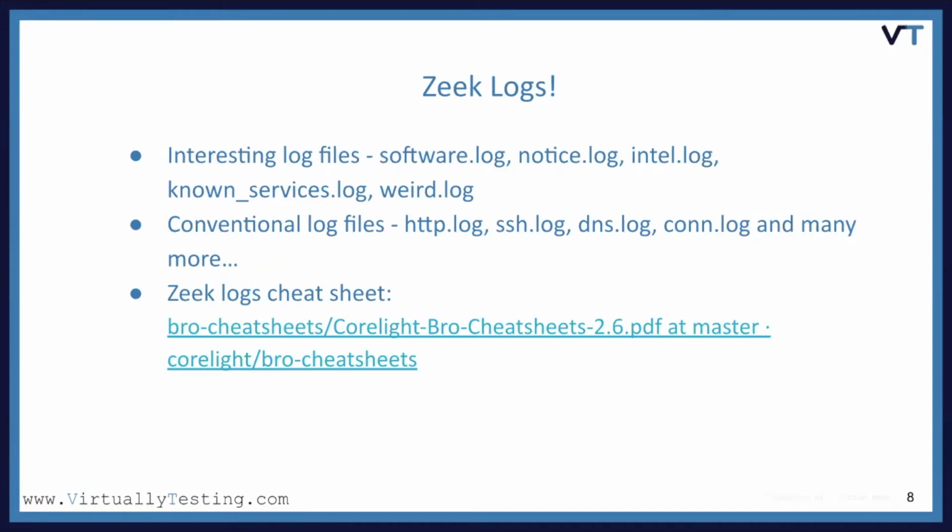And I will go into the details in coming up slides. Software.log file logs the different kinds of software that Bro finds in the network traffic. A lot of times there are browser plugins that advertise themselves: I'm a SQL plugin, or I'm a PHP plugin, and my version number is this. Usually when these plugins communicate back to their servers to get updates, they leak out a lot of data in that transaction, and Zeek keeps a record of that, and then Zeek logs that data in the software.log file,